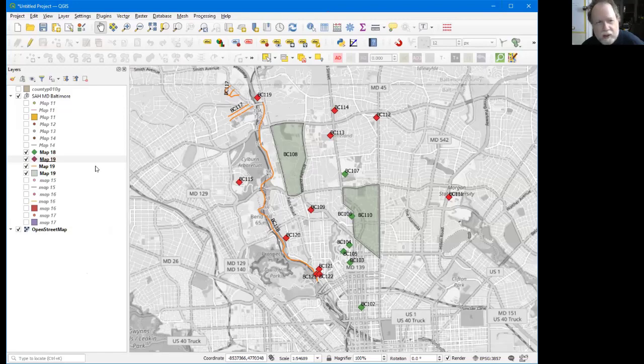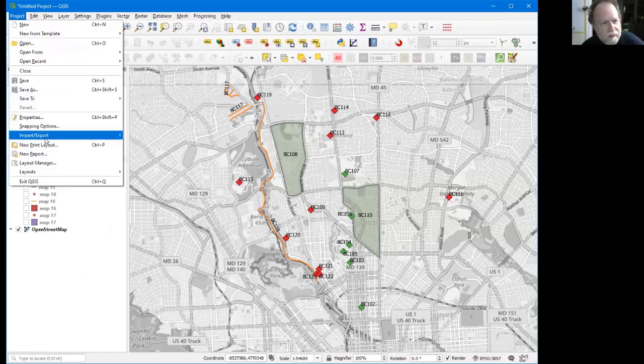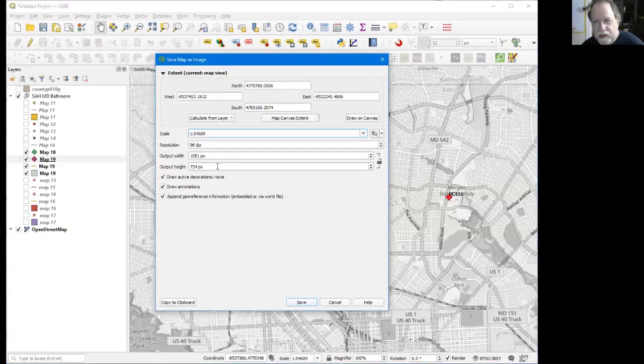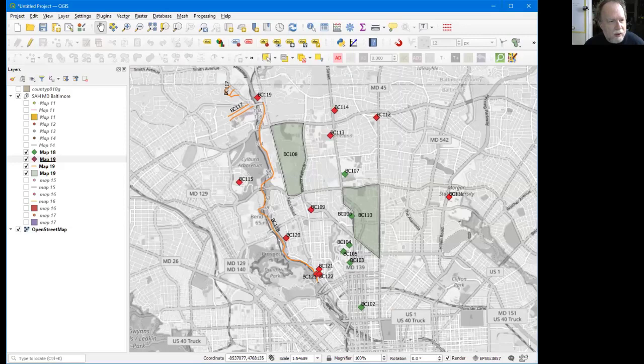So that's about it. I basically do that, and then from here I will export to a map. The default is as a GeoTIFF, and so I end up with a GeoTIFF with projection information encoded, and I go from there over to Illustrator. What I'll do for an Illustrator file